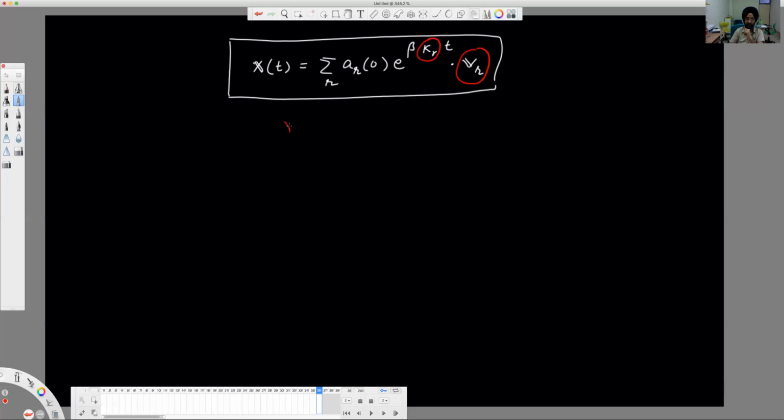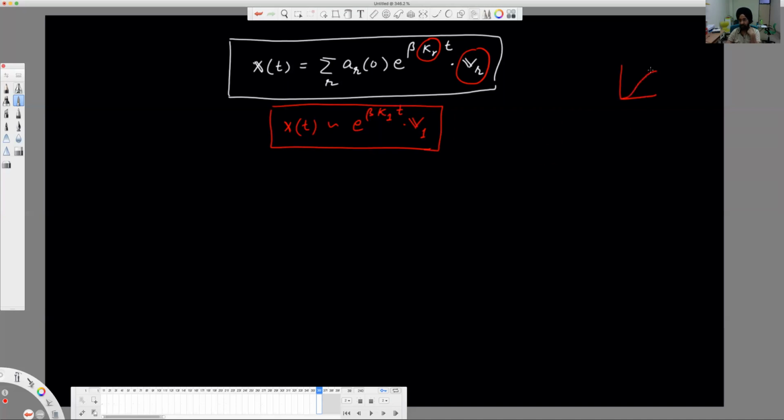So xt can be simply approximated to e raised to the power beta k1 times t times v1, where k1 is the leading eigenvalue and v1 is the leading eigenvector. Now this will look very similar to SI. If you plot this solution, it is very similar to the trajectory that we see in the SI